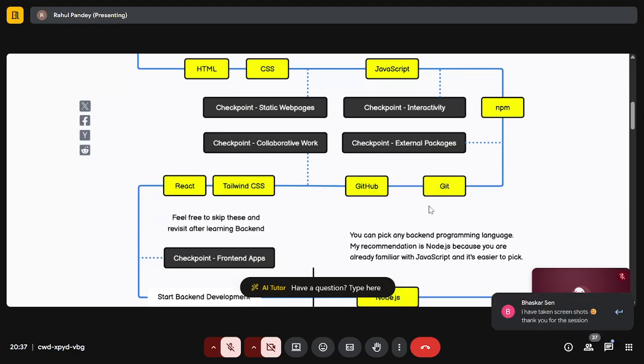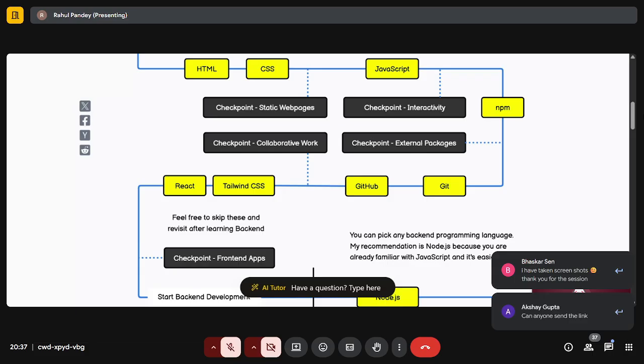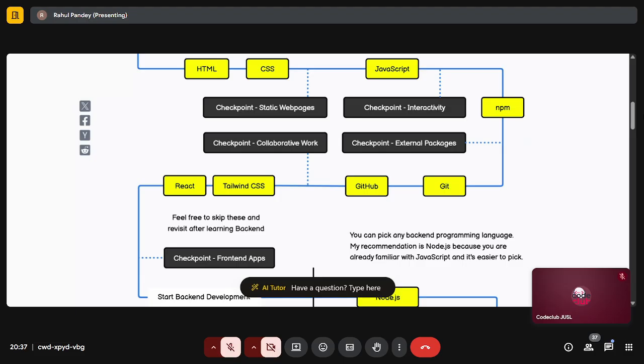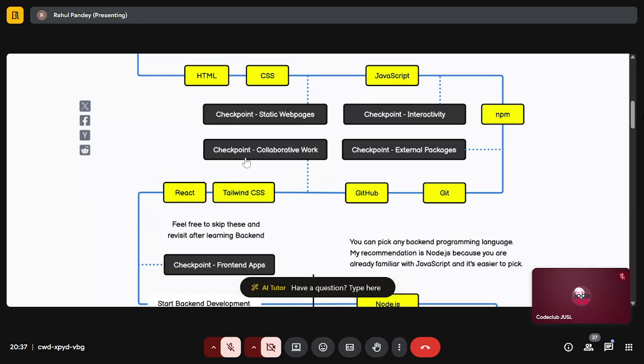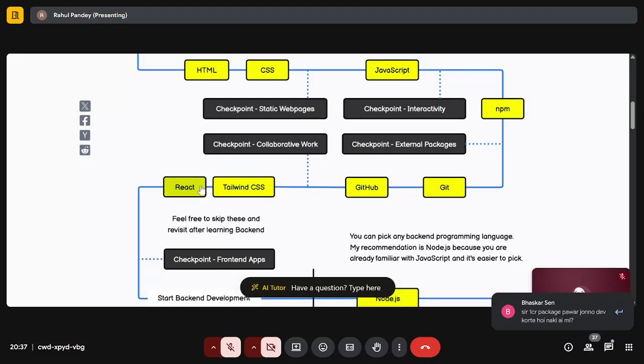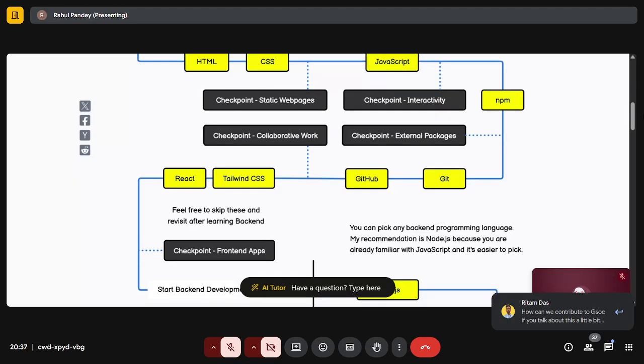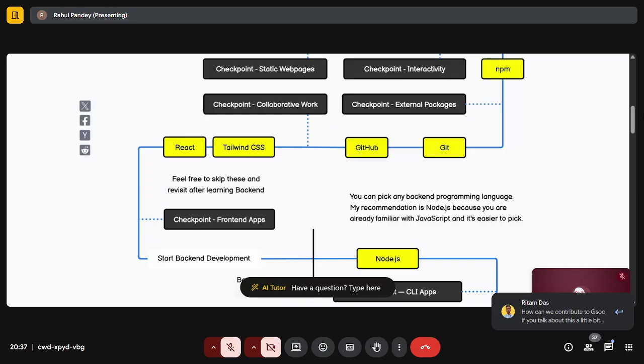Git and GitHub is of course very important for version control as well as for collaborating with other people. Ideally you'll be working on teams with your friends or in hackathons, so you would need GitHub for that. And then there's Tailwind and React. Tailwind is just another way of writing CSS. This shouldn't take too much time. React is a front-end framework based on JavaScript. There are also alternatives like Angular and Vue, but this is, I would say, the most popular, at least at our college levels. So you could go ahead with React, but if you've started with the others, that's fine too.